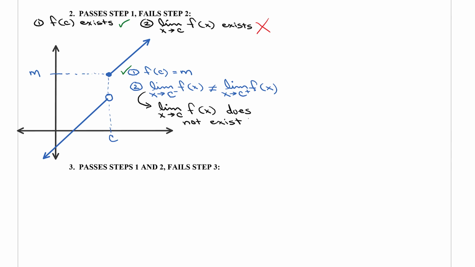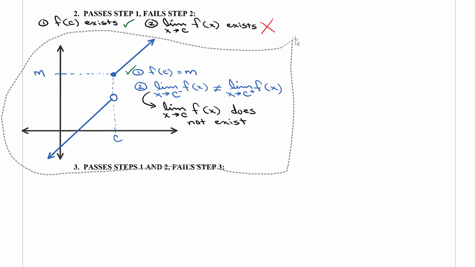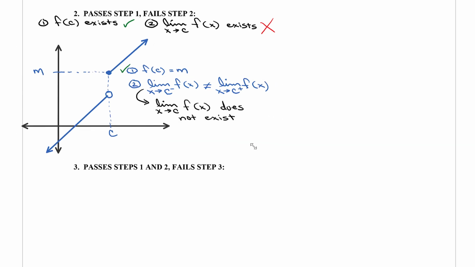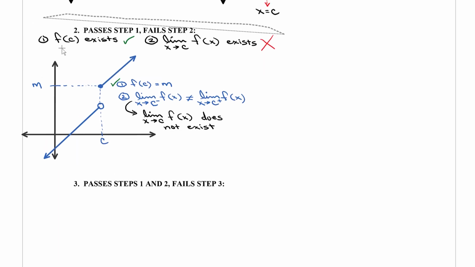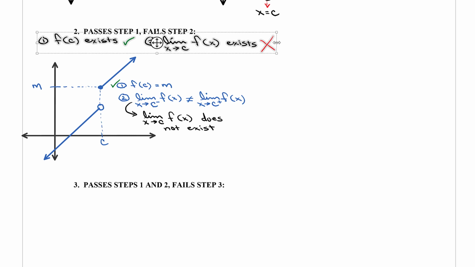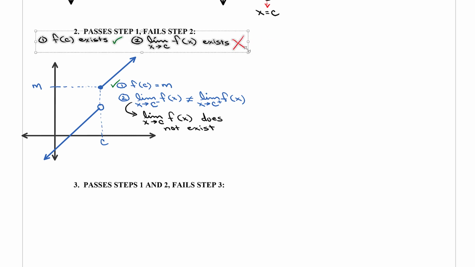I'm going to go ahead and lasso my work here, and I'm going to shrink it slightly so that I have a little bit more space, so it looks like it's not too overly large. And I'm also going to take the steps that I wrote here at the top, where I wrote f of c exists and the limit as x approaches c of f of x exists, but that one did not pass, right? I put a red X next to it and I shrunk those a little bit. And to the right-hand side here, I'm going to go ahead and write out